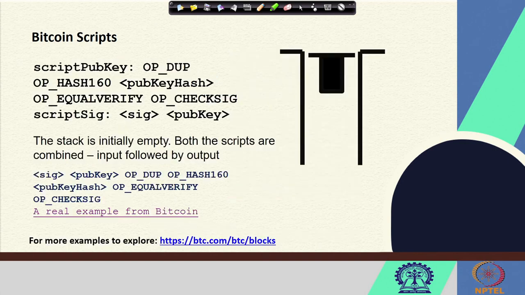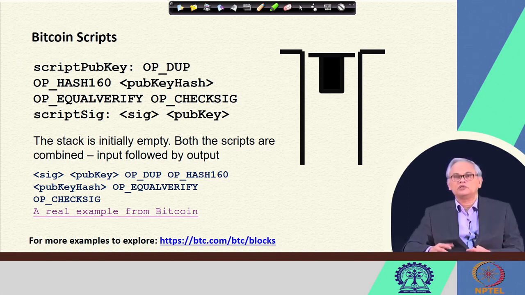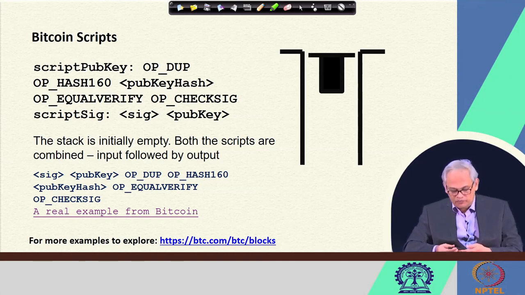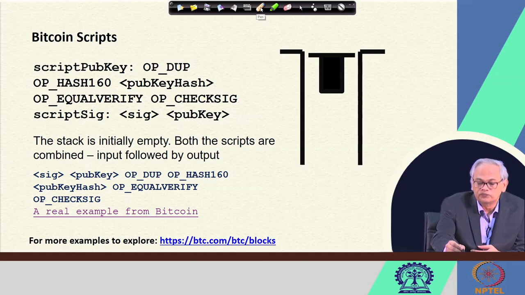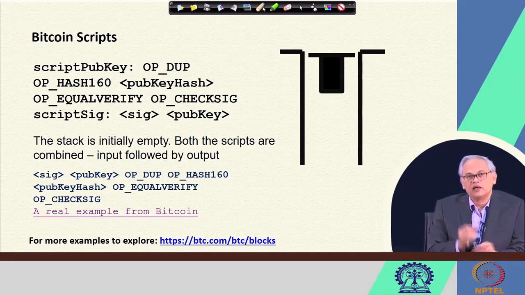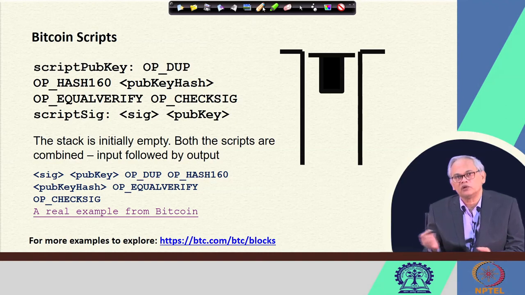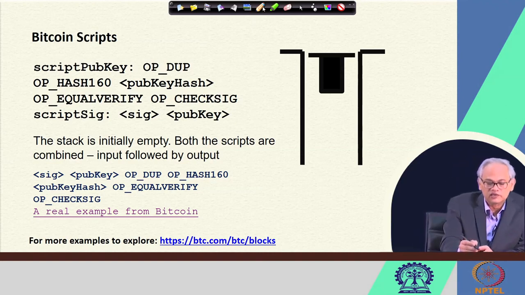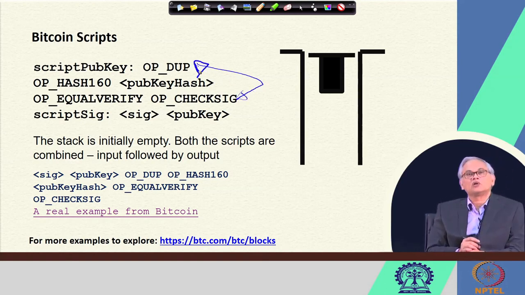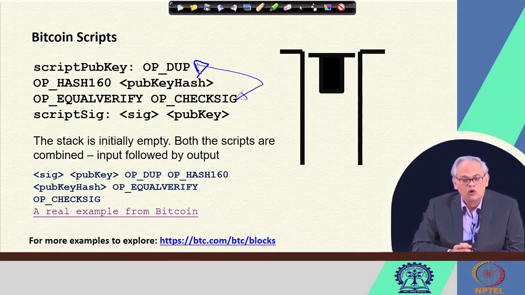Now, we see how these Bitcoin scripts work, and we said that this is a Forth-like language, it is not Turing complete and is stack based and so on. So, what does it mean to process these scripts? Let us take this example. We have this script pub key, as we said that Alice will be using script pub key to send those 40 bitcoins to Bob. So, this script pub key part is from here to here. So, this is our script pub key, which has some of these keywords like OP_DUP,